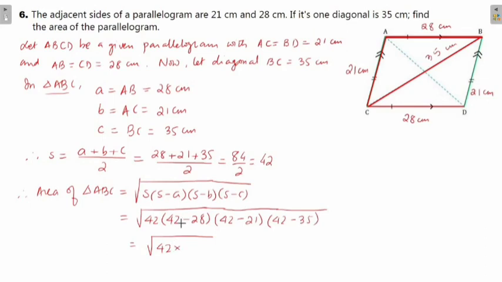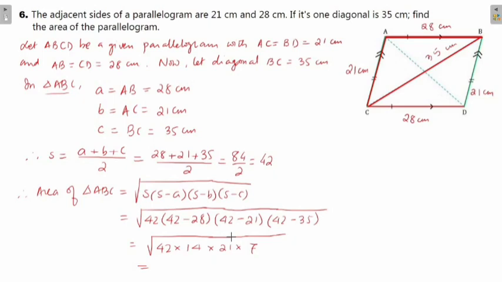So into, we have 42 minus 28. So 12 minus 8 is 4, so it will be 14. Okay, so 42 minus 21 will be 21. Into, we have 42 minus 35 will be 7. Okay, now if you evaluate this, if you find the square root of this, first and foremost, if you multiply,